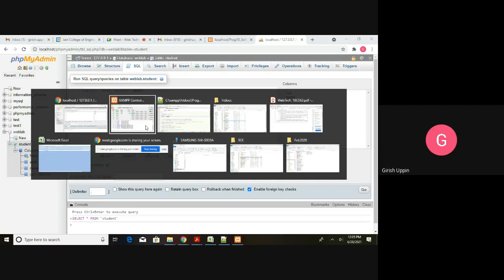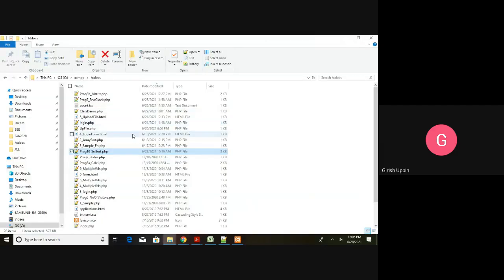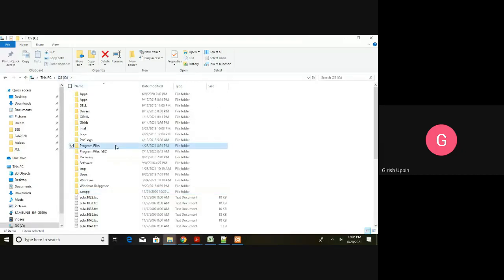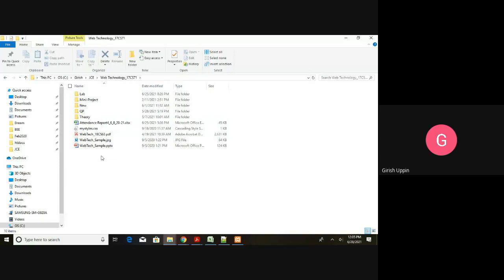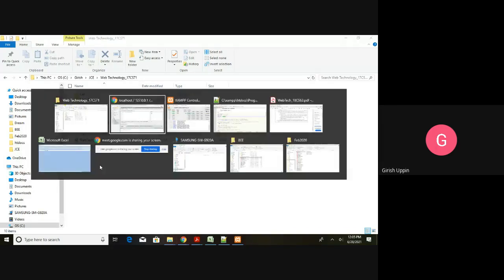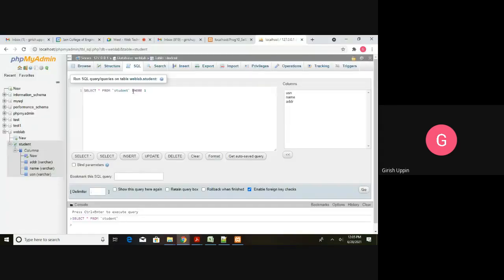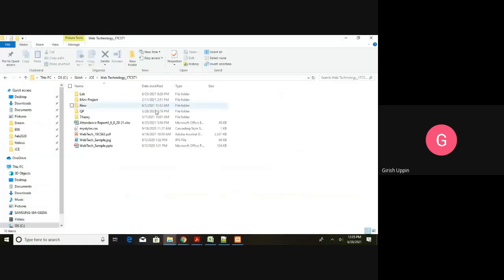And I also have the scripts with me that can be used for creating the records in the table. Either you can use the window I showed you to insert the record, writing the SQL here and running it, or you can use the script.